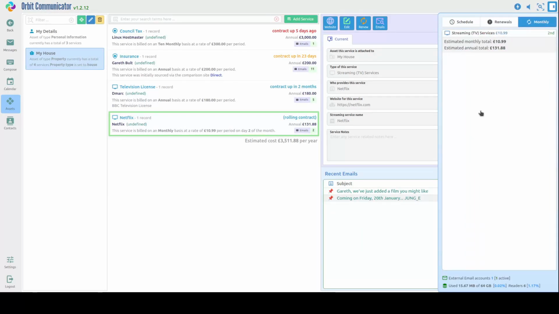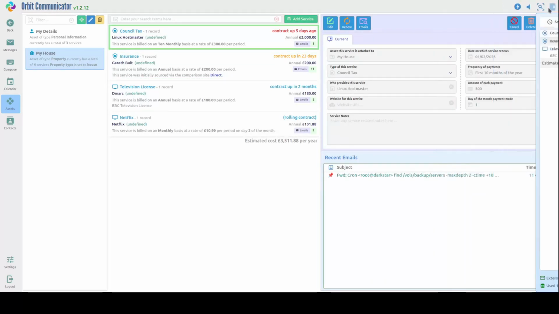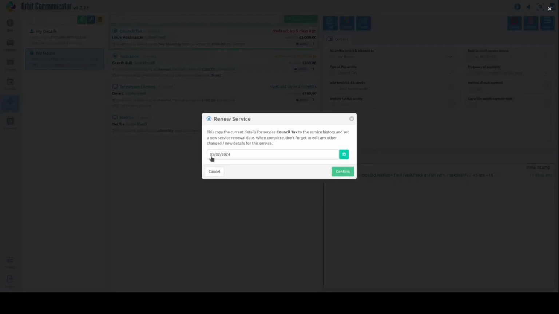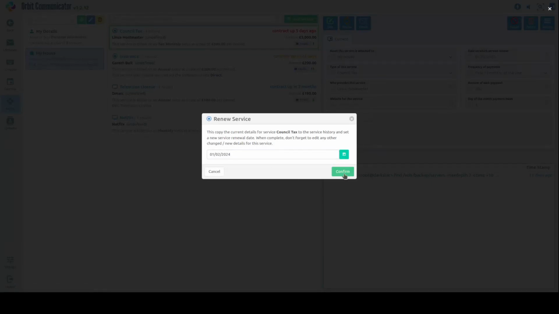If we go into monthly, we've got a streaming service which we pay on the 2nd of every month, which is costing us £131 a year. So just to deal with this for a second, I can click any one of these and it will highlight the service concerned. Take that off. So that automatically renews, so I'm sure it will have renewed. I'll click on renew. It's defaulting to a year on, so I'll just set that back to the first and